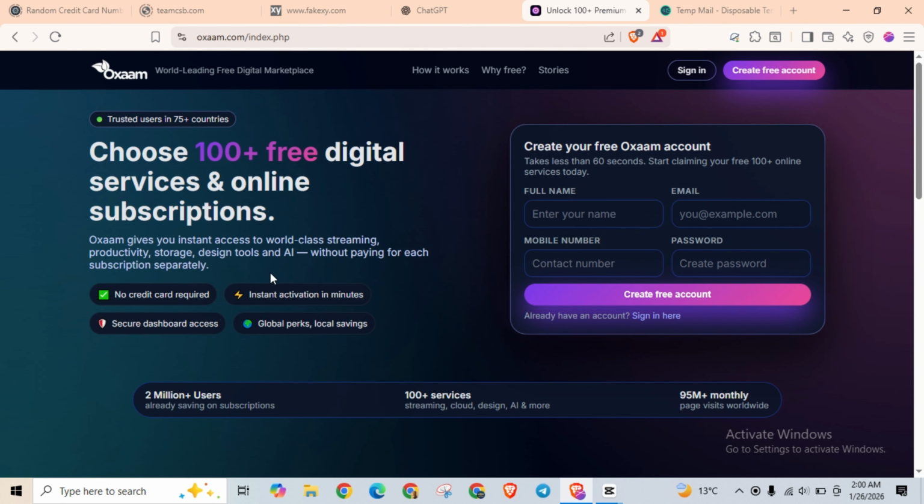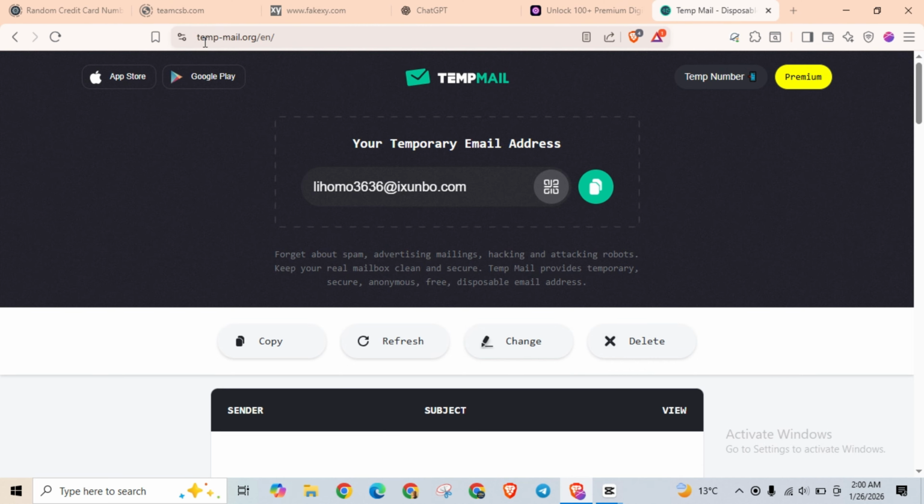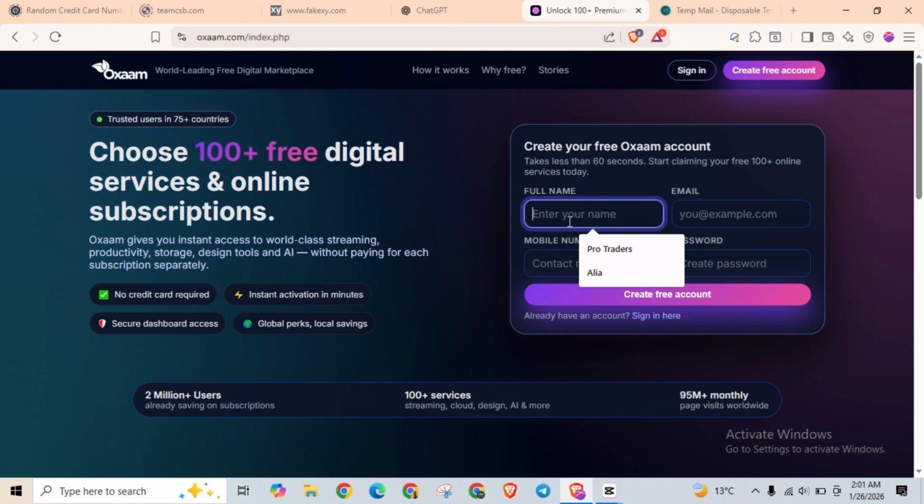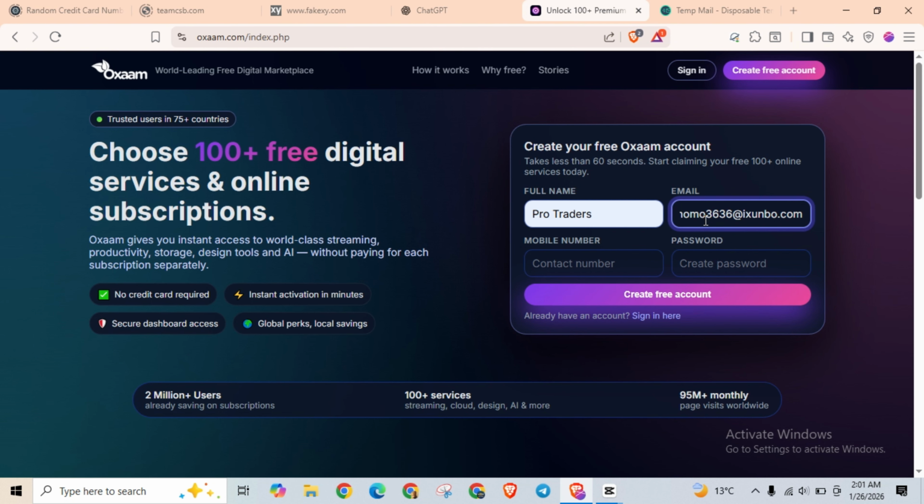Okay, we will register. For registration, we will use temporary mail, temp mail. You can see this is tempmail.org website. Okay, so simply I will copy this email address and come to this website. Okay, just simply add any name. Okay, email